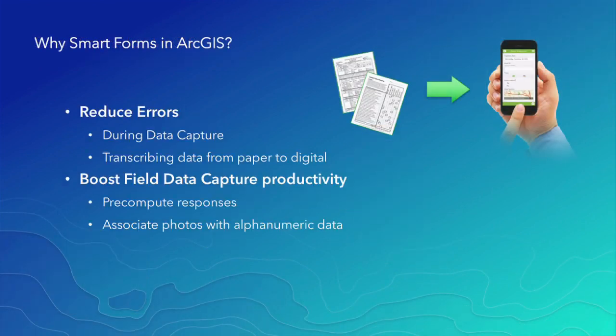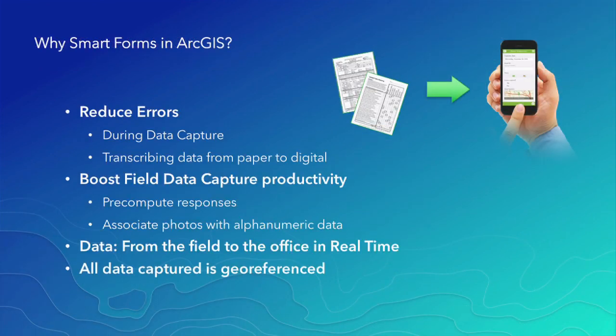So smart forms help us through a number of mechanisms. First off, we can reduce errors. We can have pick lists that constrain user choices. We can basically write directly from our application into a database, saving the time it takes to transcribe a form in paper. We can also pre-calculate answers